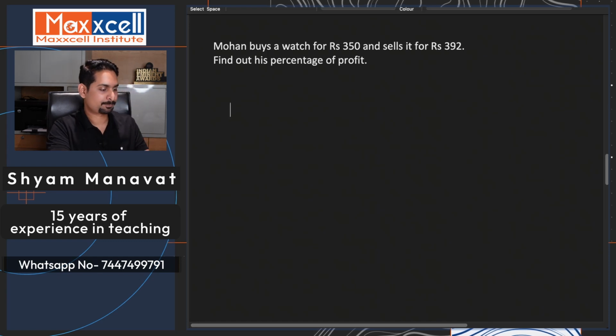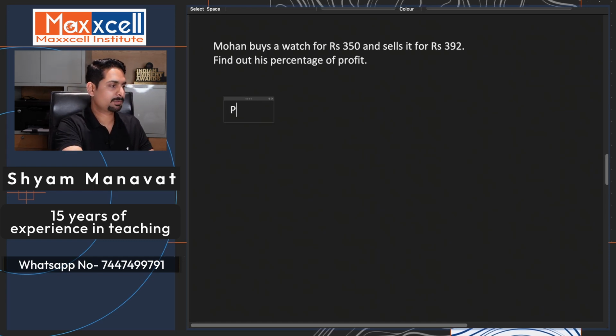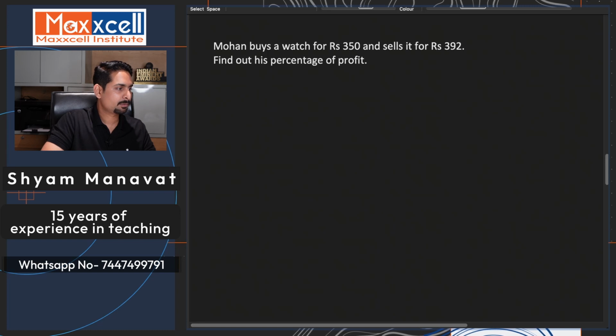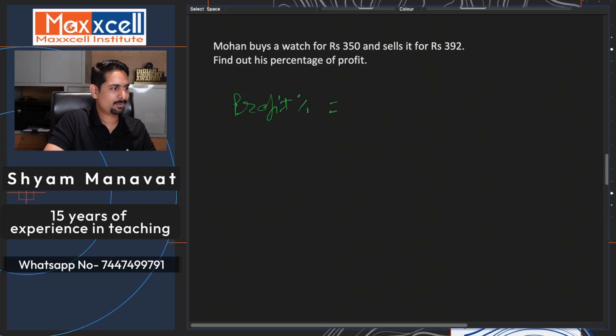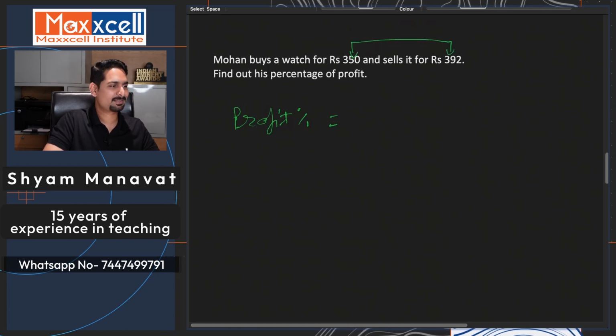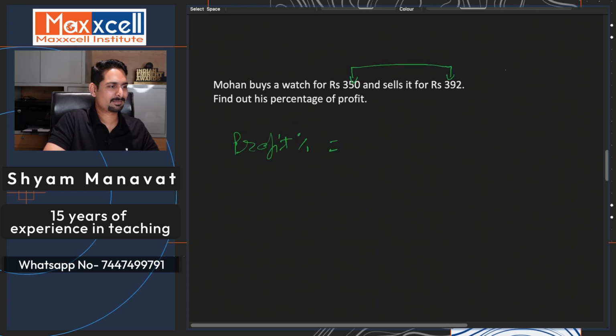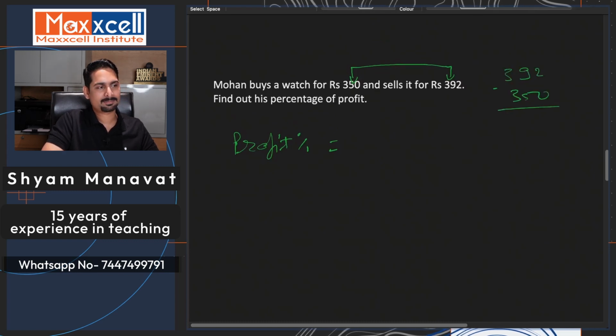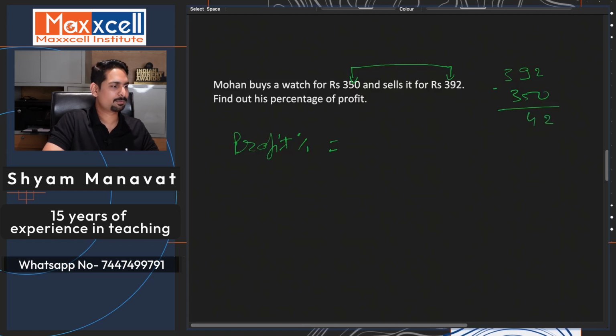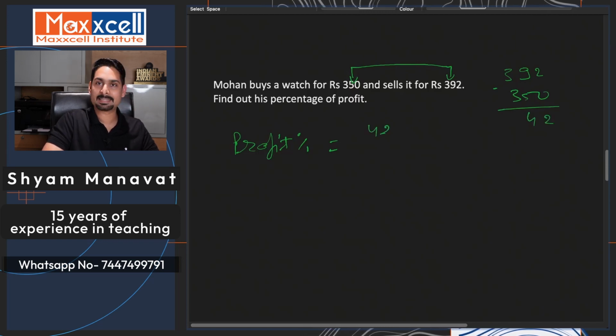Okay. So again, profit percentage, what is? Shall we jump on the calculation directly? Oh, thank you. All of you are becoming smarter. Okay. So 350 and 392. What is the difference? 392 minus 350. Tell me. Okay. How much is that? 42. Very good. So 42 is the profit value